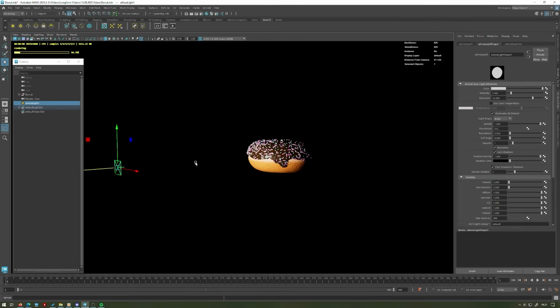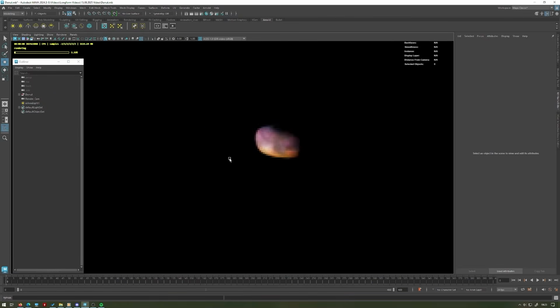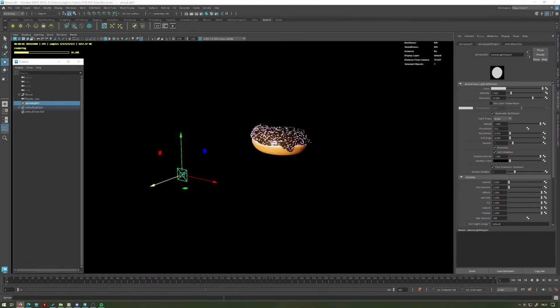You can see it's illuminating our donut quite nicely, even from this far away. But we are still getting some dark spots. But in a 3-point lighting setup, this is what is known as the key light. The primary purpose of this light is it's the main light source of your light setup. It's going to be the most intense and it's direct, right? So you can see how we have it pointing directly at the donut. And ideally it's going to be illuminating your subject,